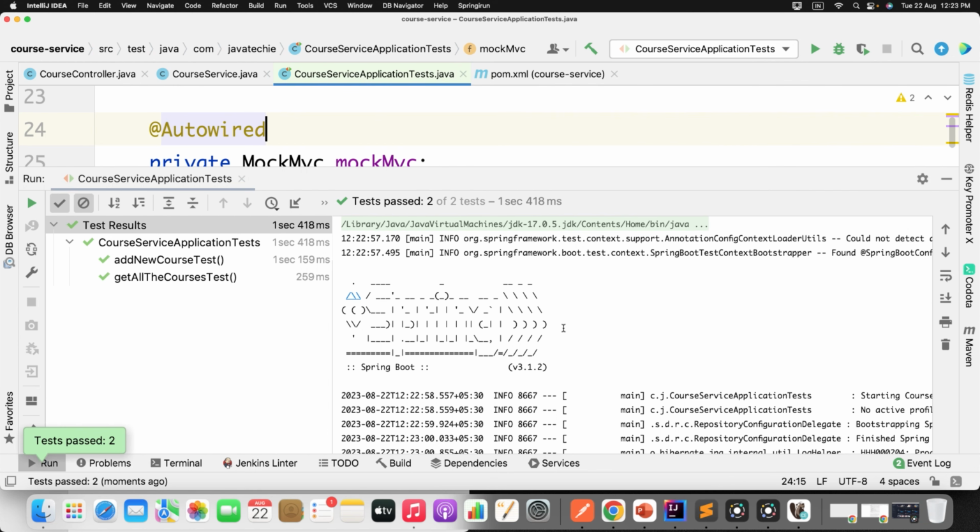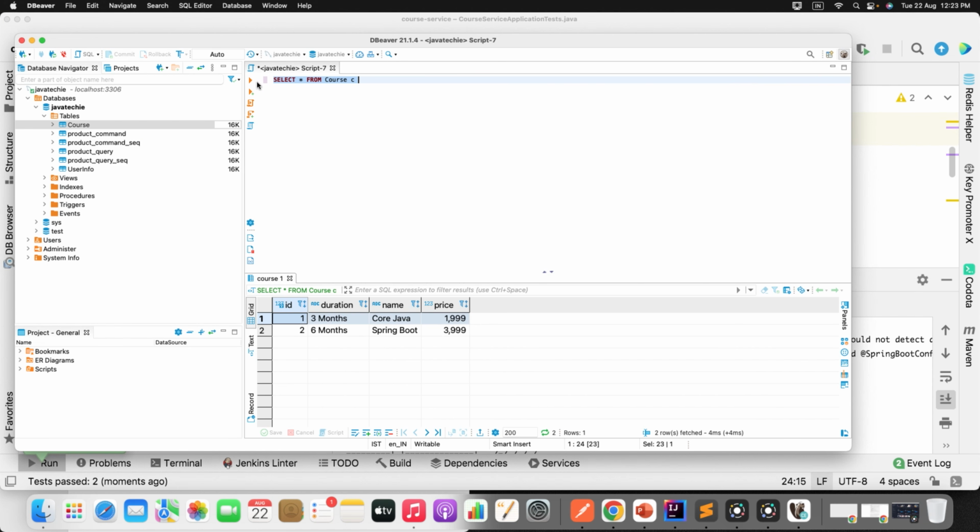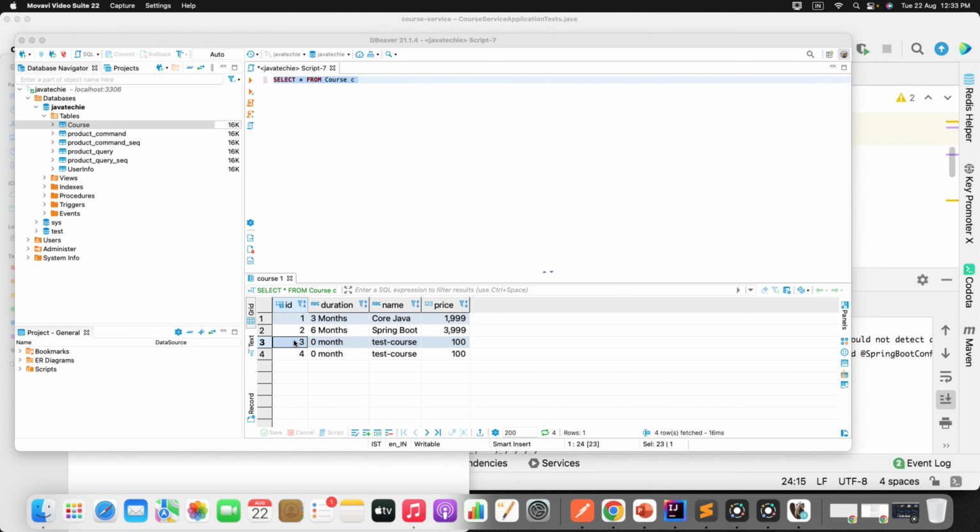Again, both succeed. That's fine. Now let's verify in our DB. In the test we also executed two records, right? So I'll verify in my DB. See, this is the problem here. Even though my test data is getting inserted into my development DB,